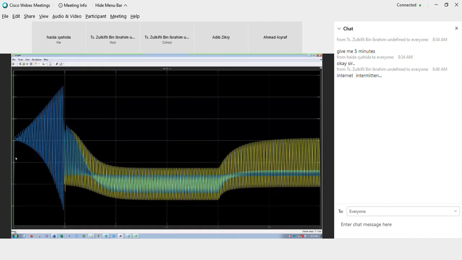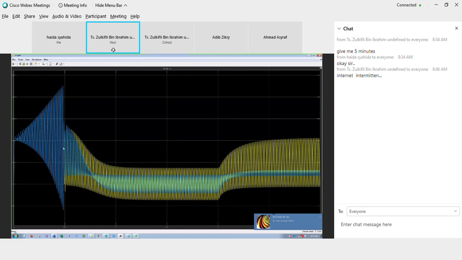Dia pergi cogging dekat sini, dia macam cogging lah. Then dia keep doing like this. Ini maksudnya dia cogging. So dia sifat pada undang satu turun pada kosong lah. Start dia tak turun